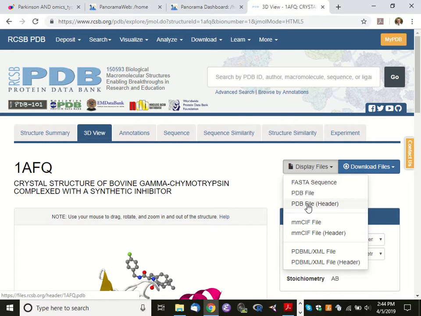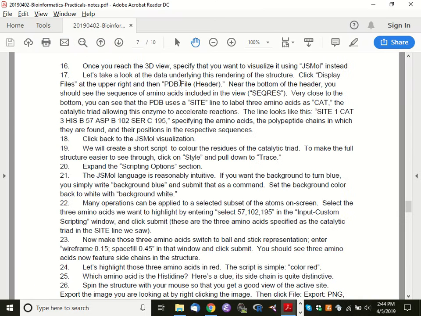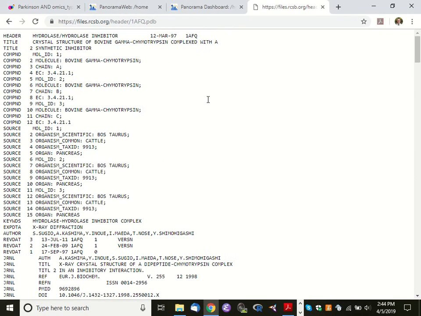I'm going to look at just the header. I think that should be enough. We'll see. Okay. So this is the file format underlying all these PDB entries. So these visualizations are just a way to show what's already encapsulated here. Now I had some questions on this. Right near the bottom of the header, you should see something that says SEQRES. Okay, so I'm going to do a quick search for